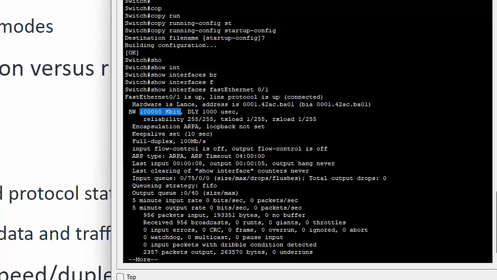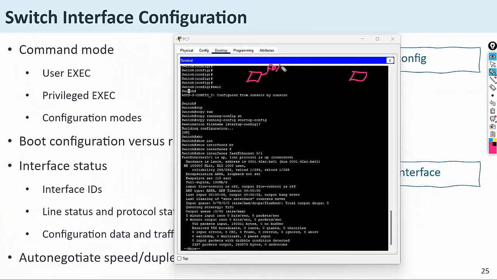So what is the meaning of auto negotiate? Auto negotiate means if you change the speed, or the other side's speed is changed. For example, I am showing you so you will understand better. There is one switch, there is another switch, with port FA01 on each, and these ports are connected.